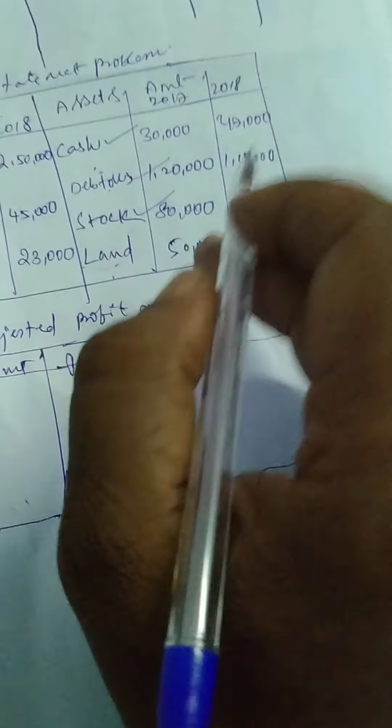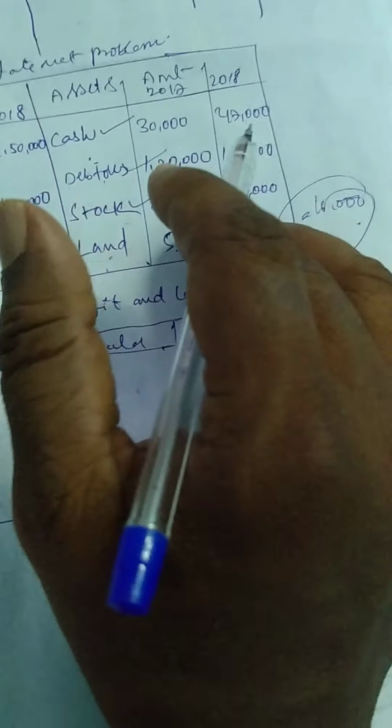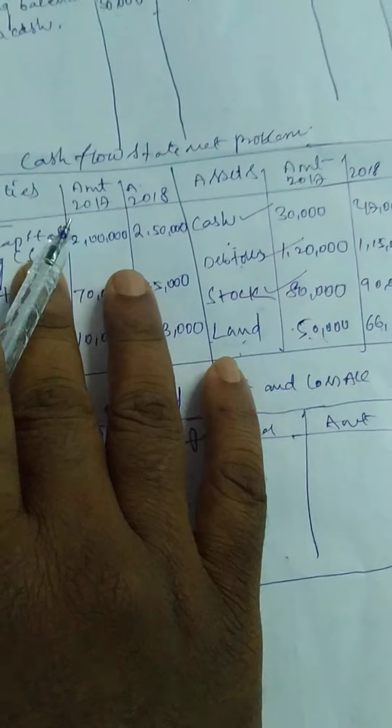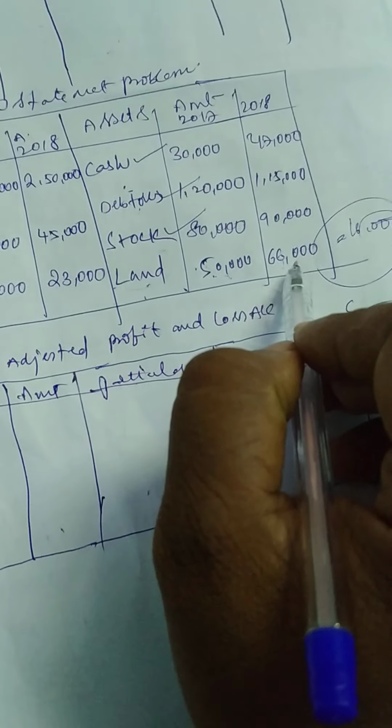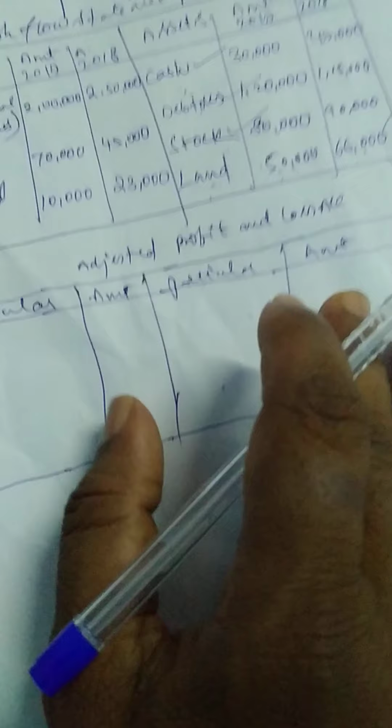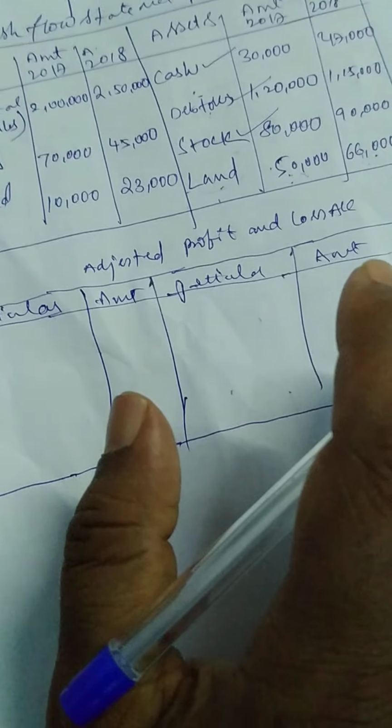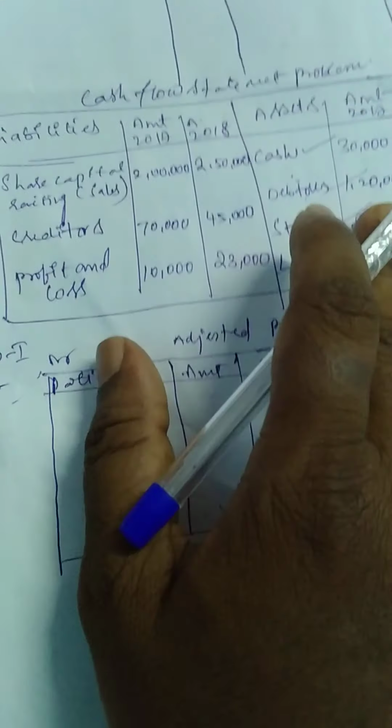So that is why purchase means outflow. I already said in the previous class, purchase means outflow, sales means inflow. Sales means decreasing value, purchase means increasing value. So this increase we consider as a land purchase. Now in the adjusted profit and loss account, we have only the opening balance and closing balance. The opening balance means this is an asset.